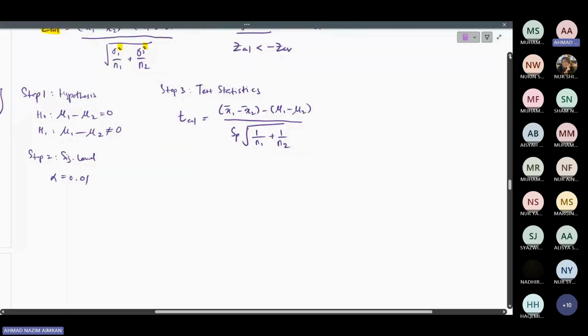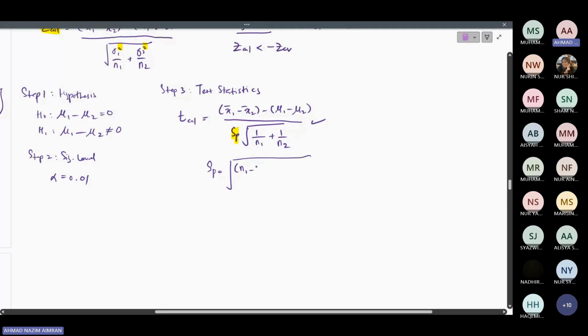Right? So this formula will be given in the formula appendix. In the appendix, you need to know which formula to be used. And in this question, the pooled standard deviation is not given. Therefore, you need to calculate the pooled standard deviation first. And the pooled standard deviation formula is given by